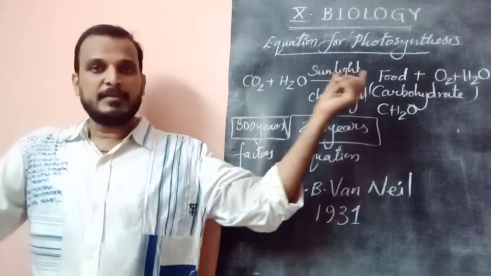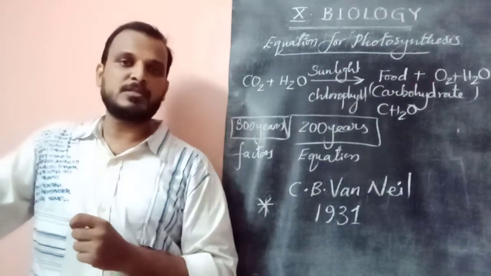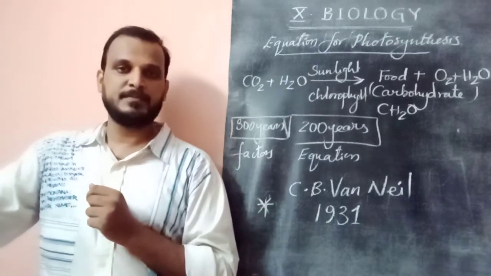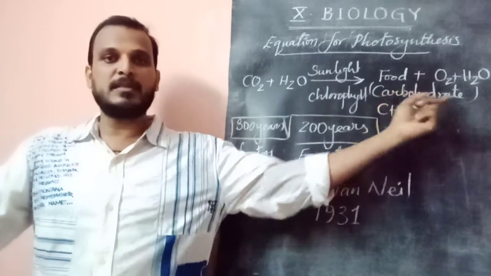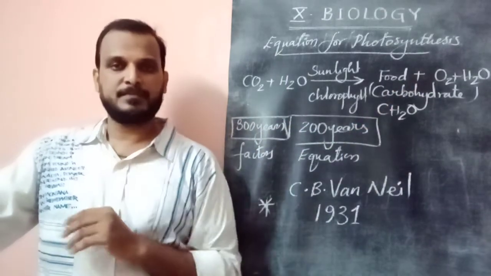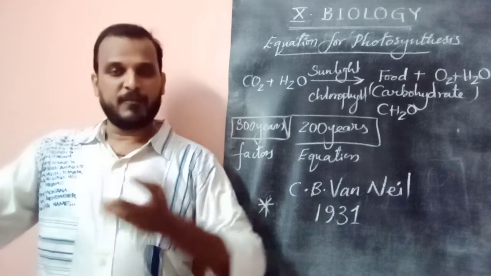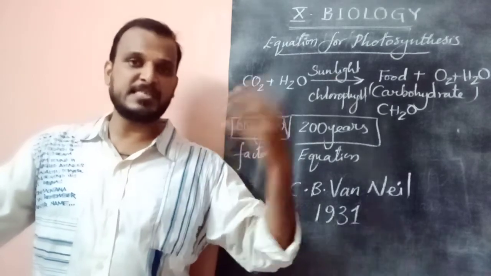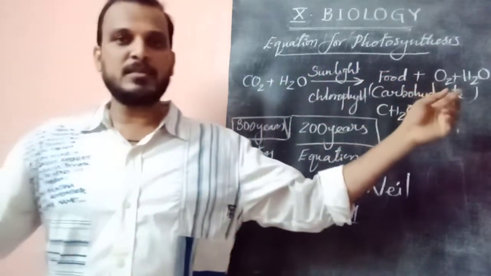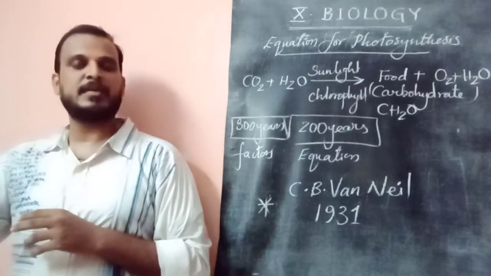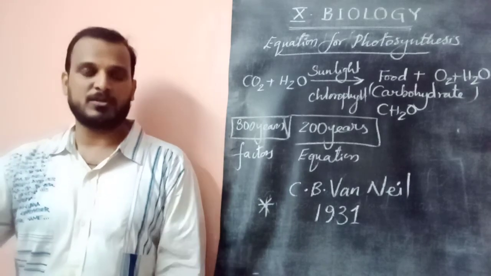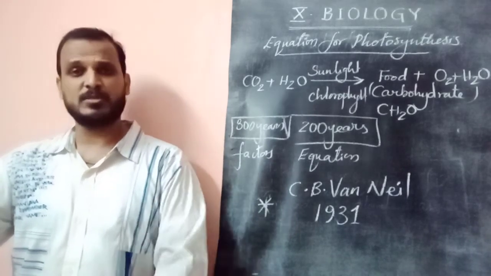In the same way, what is the important product of photosynthesis? I am telling it repeatedly. The important product is carbohydrate. The additional products are oxygen and water. The release of oxygen is not the intention of the plant in doing photosynthesis. While doing photosynthesis, it releases one additional thing. The plant doesn't want it, it releases it out. The same oxygen is used by animals to survive. Understand, dear children? Oxygen is not the main or important product. It is called the additional product of photosynthesis. But it makes us survive, no doubt.